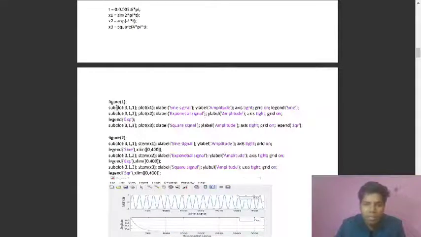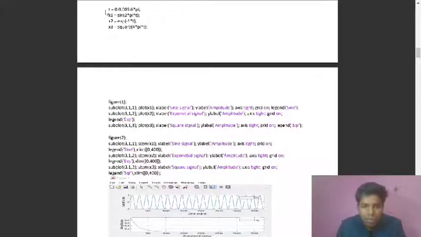So this is the same as we do in this part. We are assigning the second space of that subplot to x2, that is our decaying exponential. We will use xlabel as exponential signal and y as amplitude, and we are using grid on and legend, where we give the name exponential. And the third part of that subplot we are assigning to x3, that is the square signal, and we give the name square, y as amplitude, and the same for legend, we name it square.